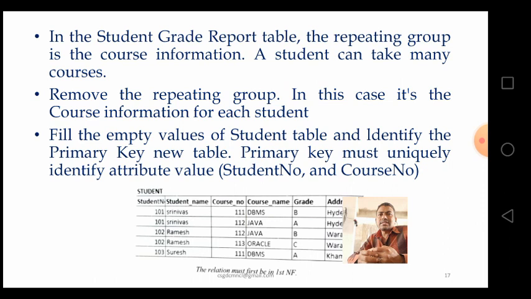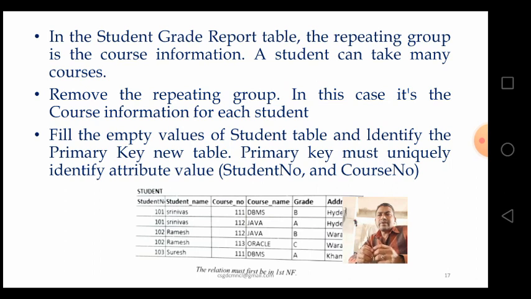The course information for each student is removed from the student table. A student is one person, but that student can read different courses, so the repeated courses can be removed from that table.